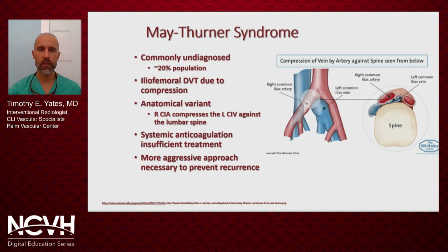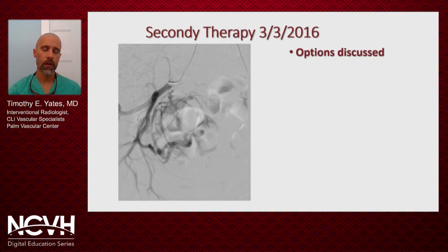And I won't talk too much about May-Thurner syndrome simply because we've discussed this, but we did elect to do an elective uterine artery embolization, which immediately caused complete cessation of her vaginal bleeding. Transfusions then helped to raise her hemoglobin to an acceptable level, which was stabilized, at which point we elected to restart her anticoagulation. After that,